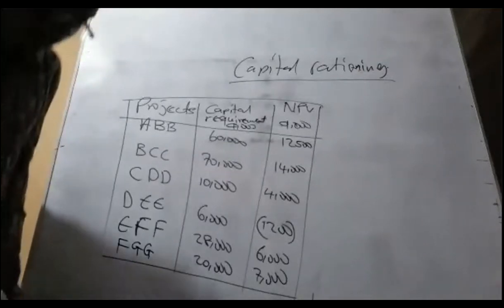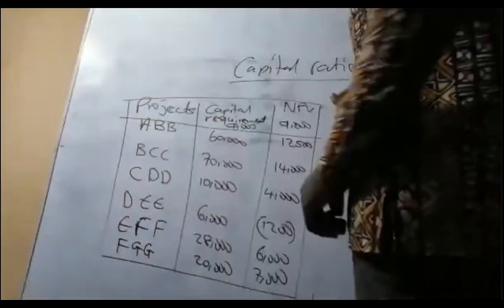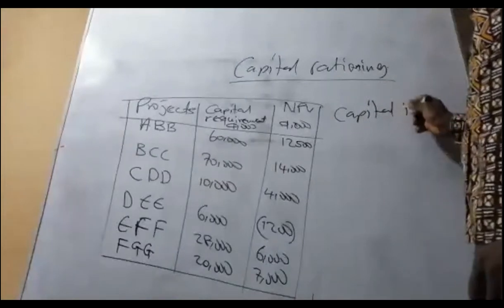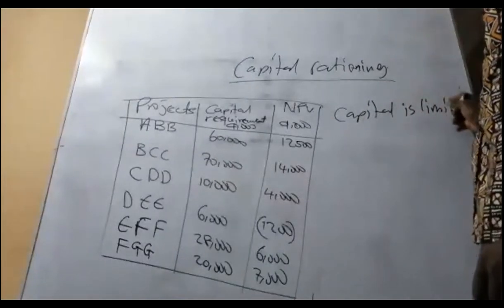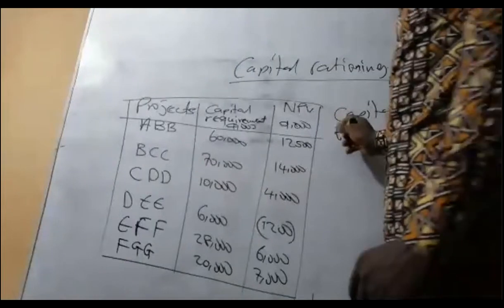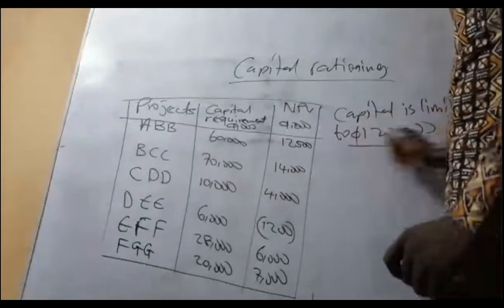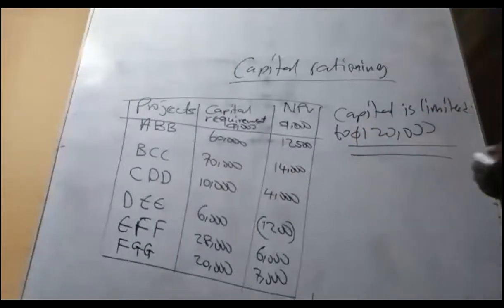So capital is limited to 120,000 Ghana cedis. So we ask you, what will be the combination of the projects that the entity should